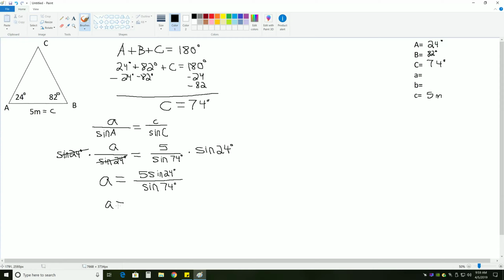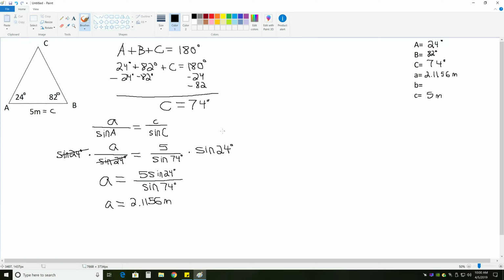And when we plug that into our calculator, we will get 2.1156 meters. We always round to 4 decimal places for this class. So we get A equals 2.1156 meters